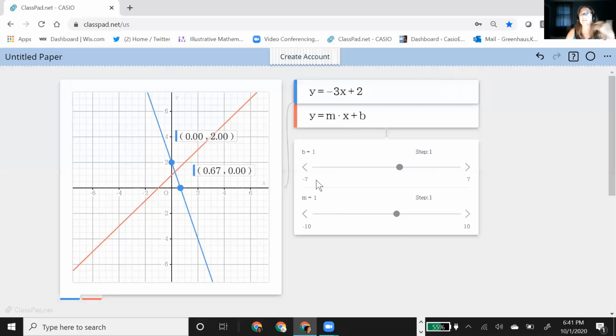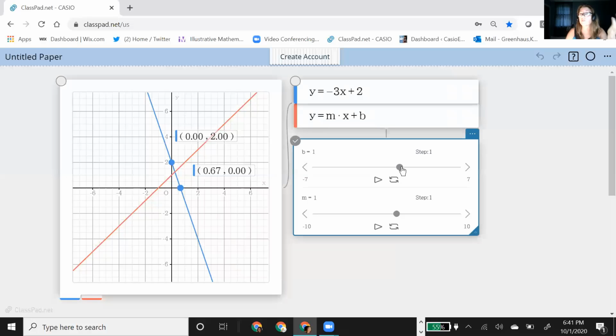So once you decide what your range is and what your step is, how you want it to move, then you can start exploring by moving it by hand. Notice when I click on the sliders, it gets this blue box around it. That means I've selected the slider, and now I can move the point on one of the sliders. I'm going to move it manually, and this is still something they are working on, but it moves a little slower than it should. Watch what happens as I'm moving this.